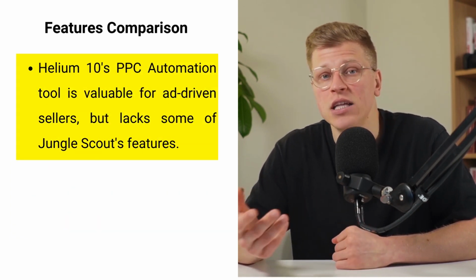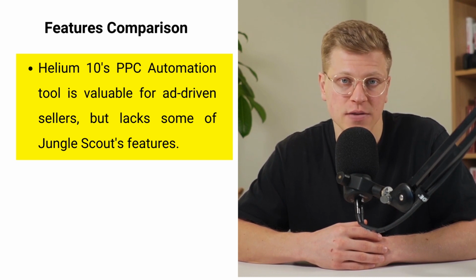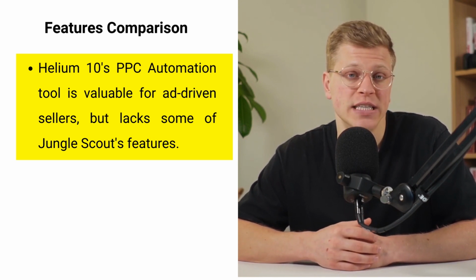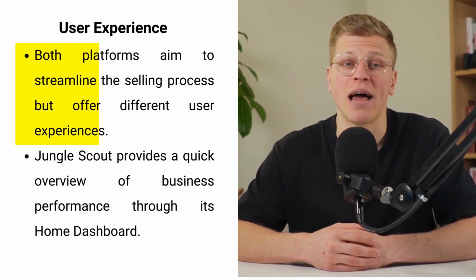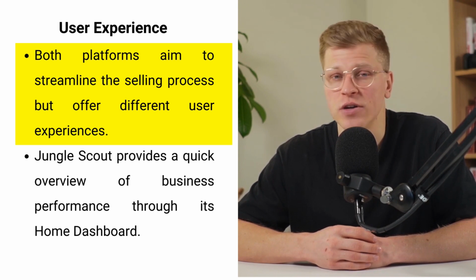On the other hand, Helium 10's PPC automation tool is a big help for sellers who use Amazon ads to boost their products. Even though Helium 10 doesn't have some of Jungle Scout's features, its PPC tool is valuable for sellers who want to get their products noticed through advertising. Both platforms have their strengths, but Jungle Scout's extra features might make it more appealing for sellers looking for detailed